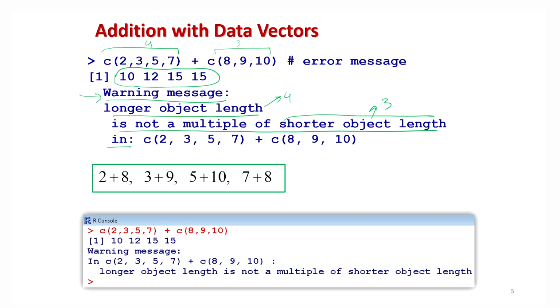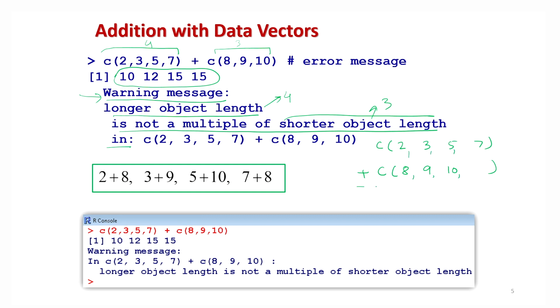But now the next question comes, what is really happening and how is this outcome obtained, how can it be justified, what is R doing? So now let me take a similar approach, and if I write down here the 4 values 2, 3, 5 and 7, and I want to add another data vector, it will be here 8, 9 and 10, right.